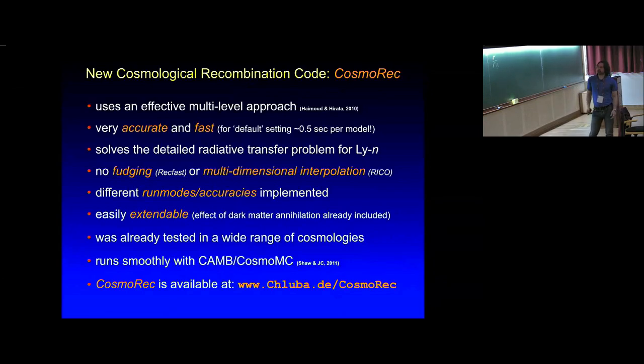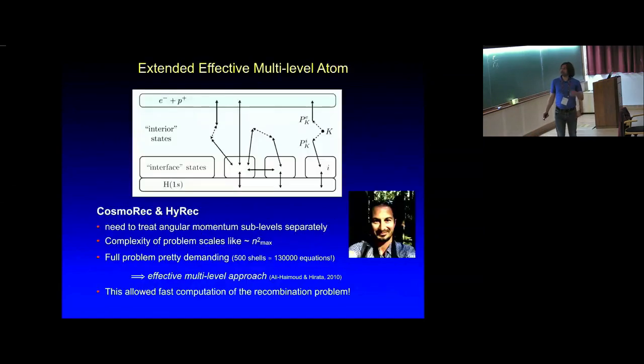Extendability is pretty high, and it is already part of CAMB, and also CLASS has now added CosmoRec as an option, and it has been used for the main analysis of Planck data. So the most important step in terms of improvements of the recombination codes, making it possible to really calculate the recombination history case by case in an analysis, was to bring down this long runtime with 500 shells or 300 shells, which took like a day or something in the most recent brute force codes,